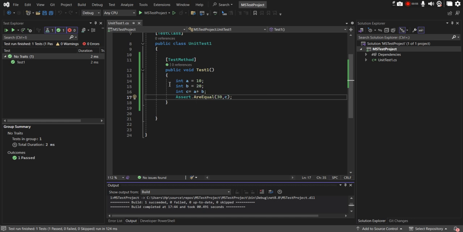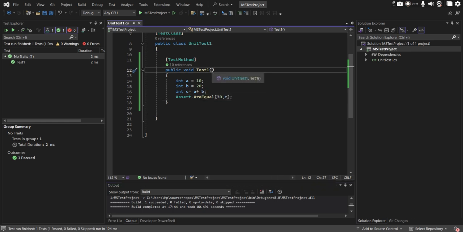But if you see here, I have output the values of a and b. Now, if my intention is to execute this test method with a different set of data, it will not work, because it will always do the addition of 20 plus 10 and validate with 30. So those 10, 20 and 30 are hard-coded values. Now, if I want to do the parameterization, I have to define integer a here,